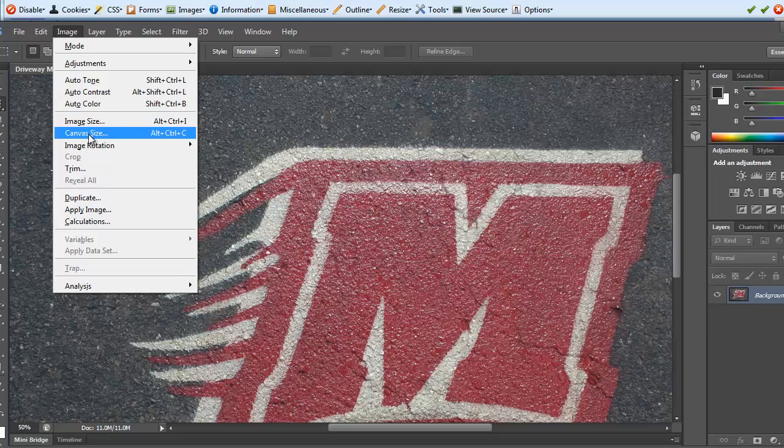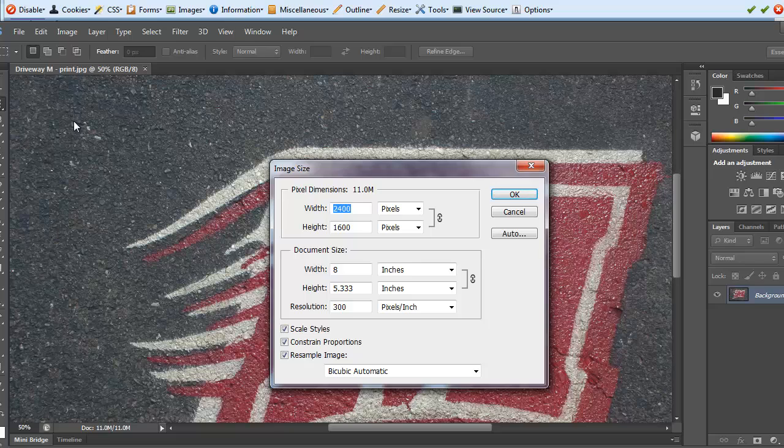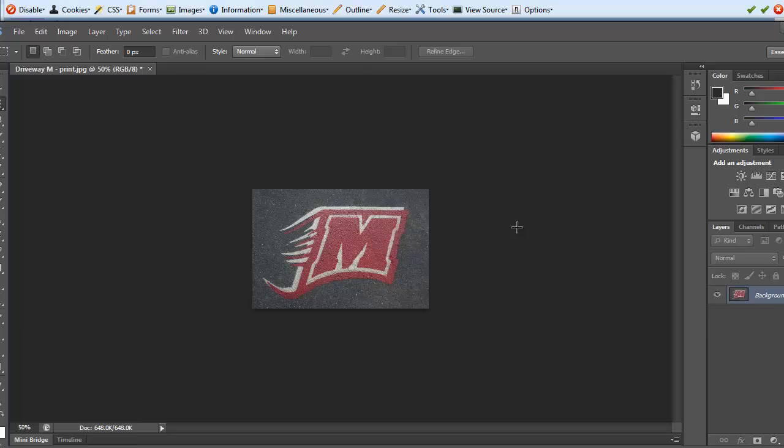So I'm just going to go into image size, and whatever image manipulation software you have should give you the ability to do this. You'll notice that I've got 300 pixels to an inch down here. Now that is way too big for the web, and so what you're looking at on your screen right now is nothing close to what the size of the image is actually going to be. So what you want to do is change that to 72 dots per inch, and this is what happens. It changes it to a much smaller size